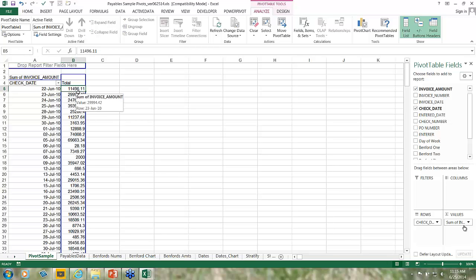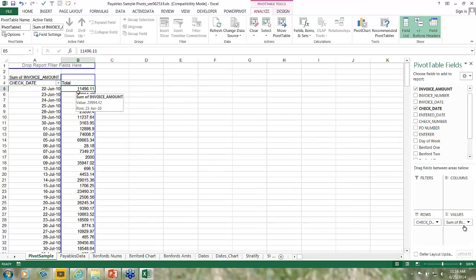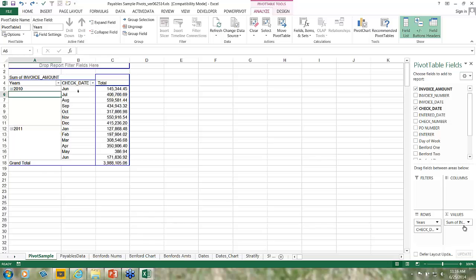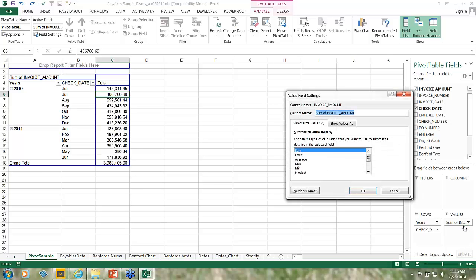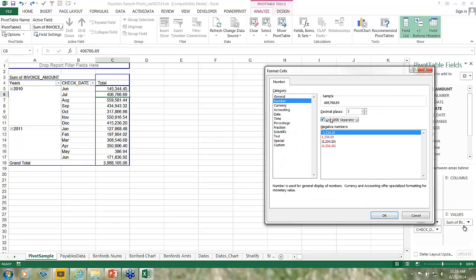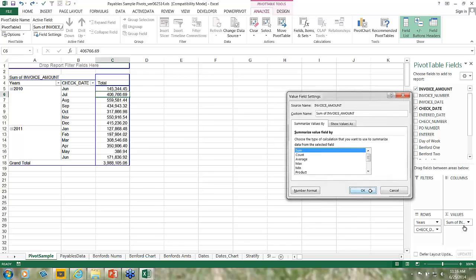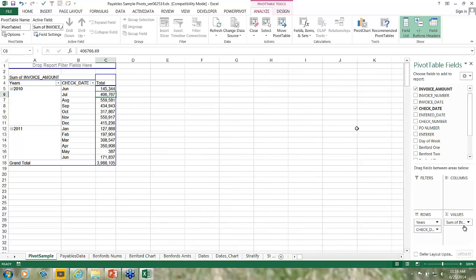Control Z and Control Y will work, so I just Control Z'd to get back to where we were. Now, to truly set the format here, the best way is to click on the data field, generally over here, click on the drop-down button in this field, click on Value Field Settings, and then Number Format. Change it to number. You could use commas, and you could get rid of decimal places,